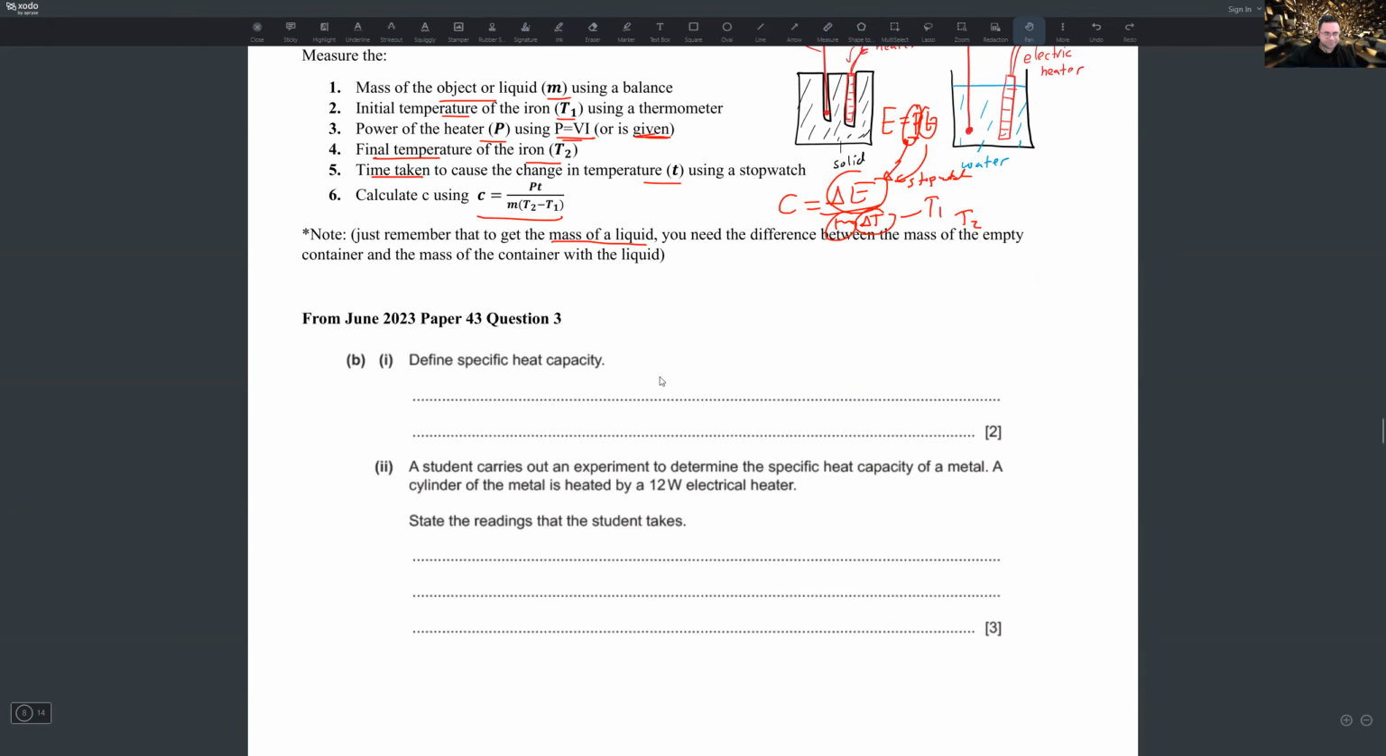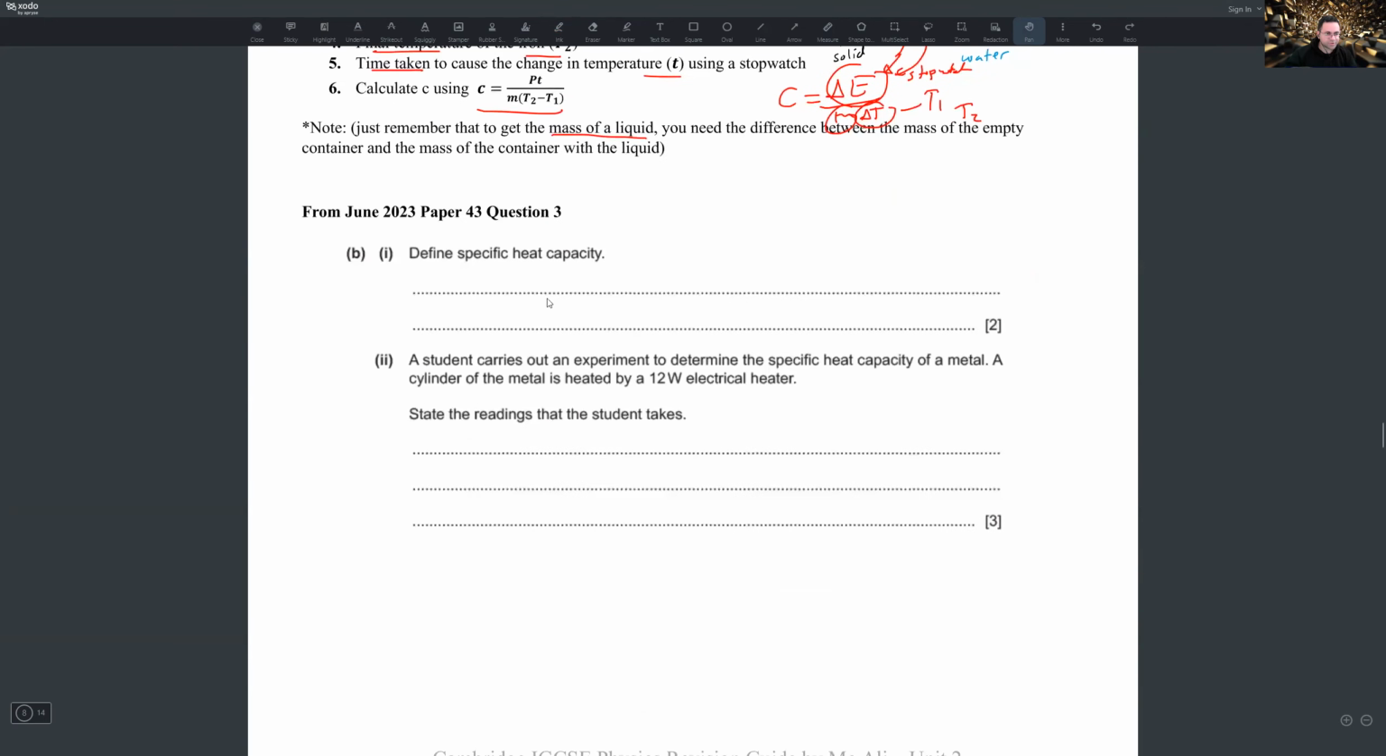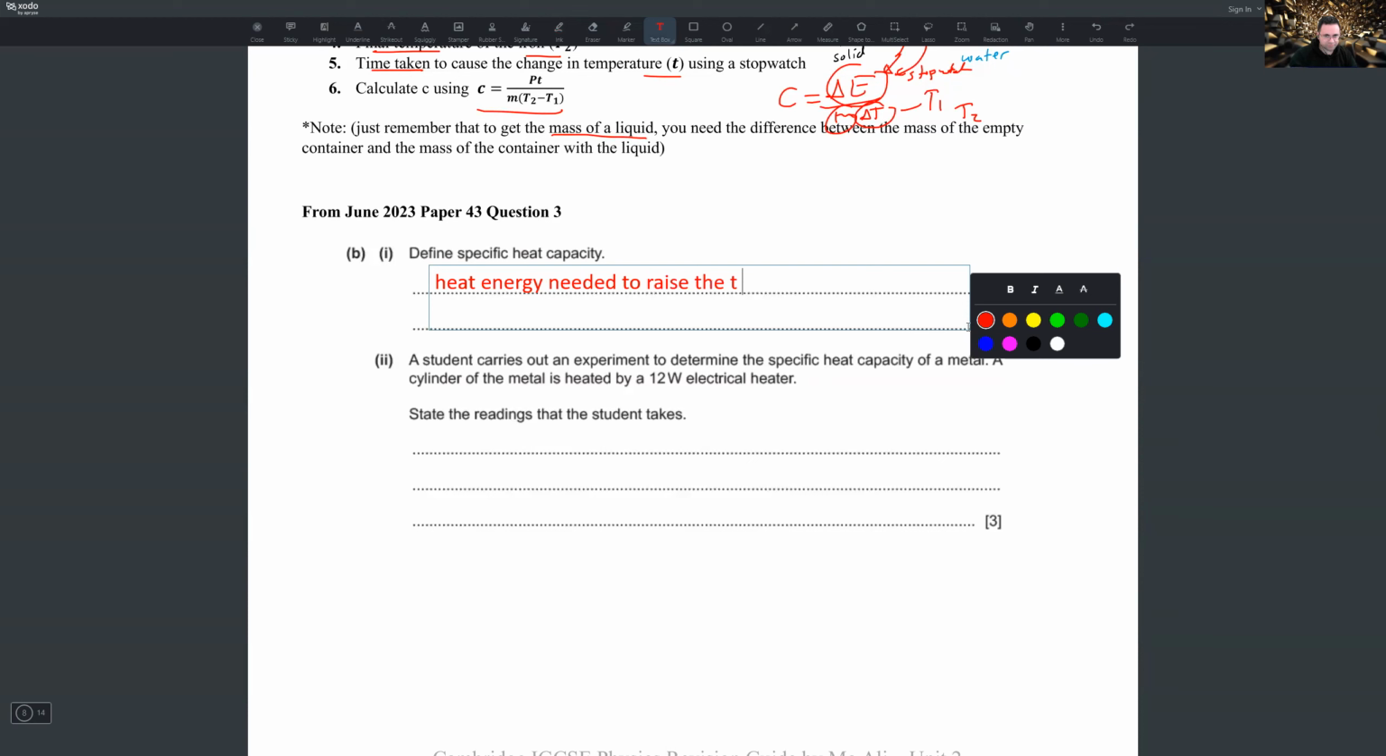تعالوا بقى نحل. Let's solve these questions. June 23, paper 43. Define specific heat capacity. The amount of energy or heat or thermal energy needed to raise the temperature